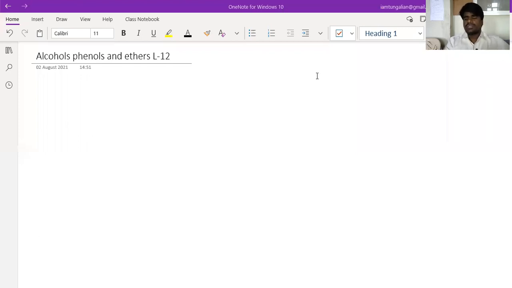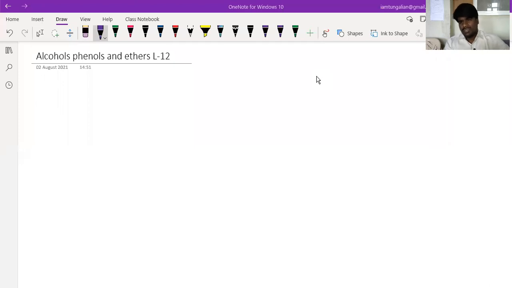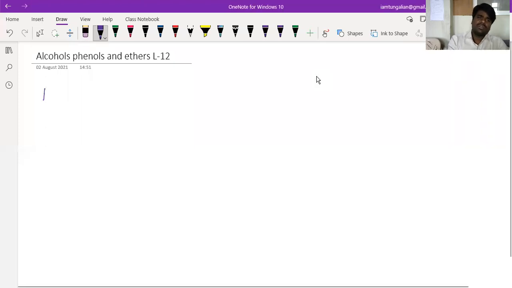So if you remember, in the last class, we were discussing the acidic character of phenols. In this class, we'll continue with the chemical properties of phenols. As I told you, phenol basically exhibits two kinds of properties: reactions due to the hydroxyl group and reactions due to the benzene ring. Under that, we have seen the reactions of phenols due to acidic character. So what was the first one, beta? First reactions, we have seen that.